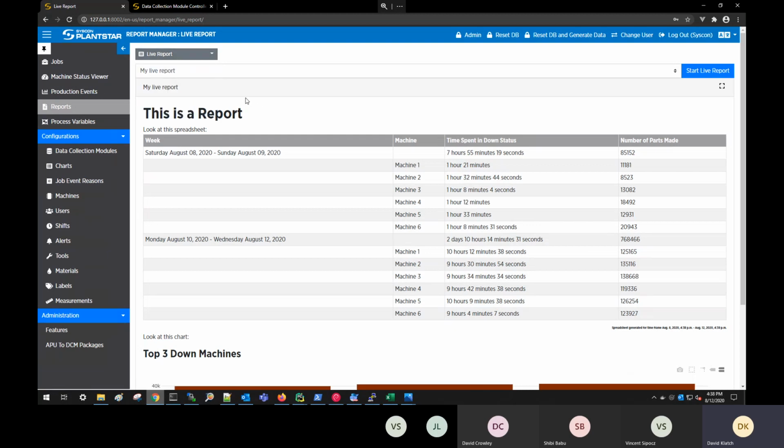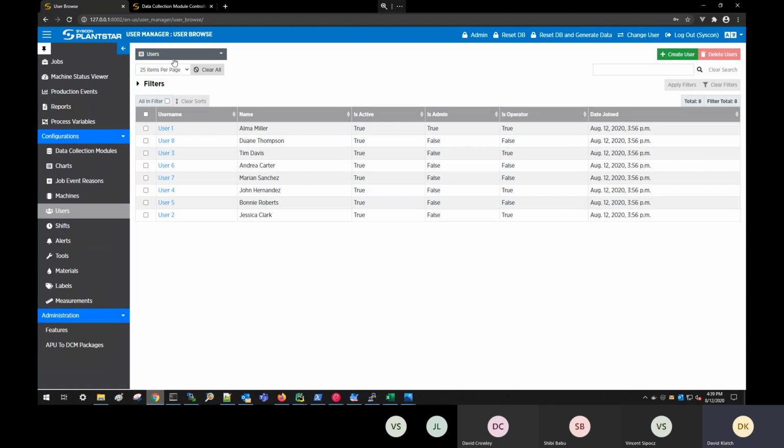I guess one last thing I would say is we saw on the scheduled items that there were email recipients, people who could receive these scheduled items in their email, so that's something you have to add to the system. At the moment it doesn't pull from the users that are created that have email addresses. It pulls from